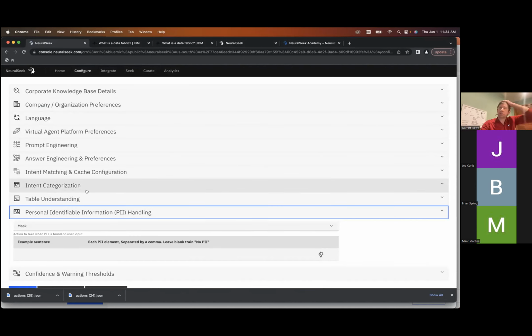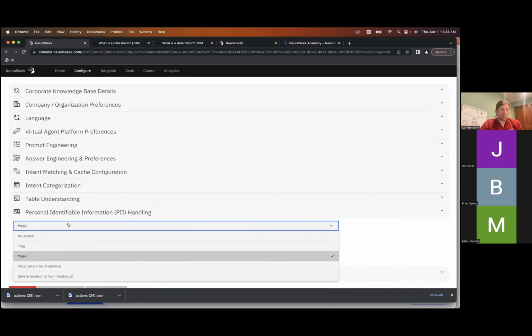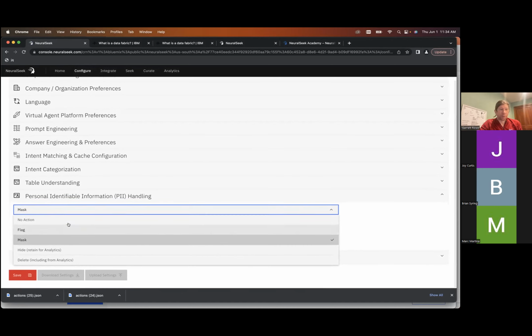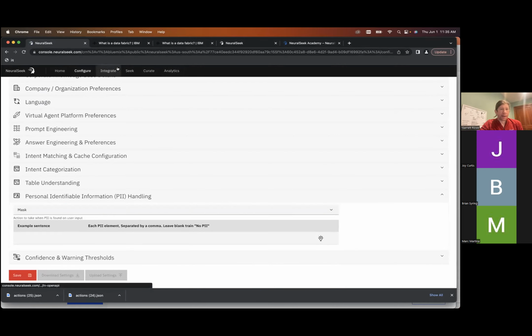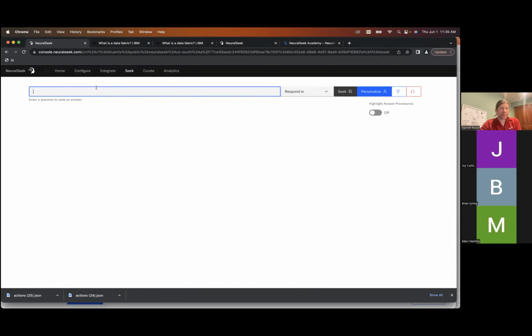NeuralSeek automatically looks for PII on the input. And if it flags it, it does one of multiple options, right? So we can either flag the PII for follow-on, we can mask it in place, we could hide it from the UI so that a knowledge worker can't actually look at it, or we could automatically delete it, right? So in this system, I have it set for mask, right? So if I came in and I asked a question like this, and I said,